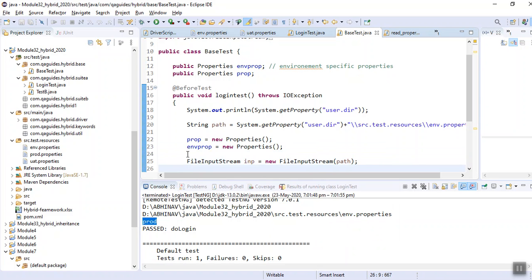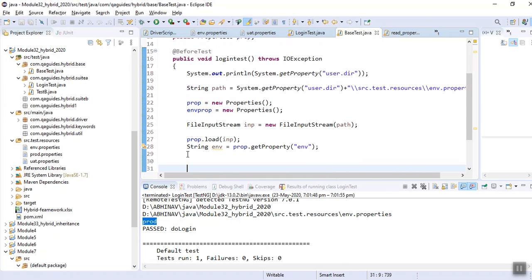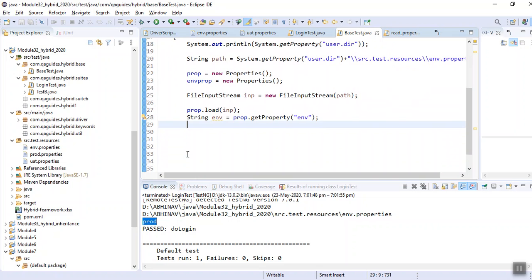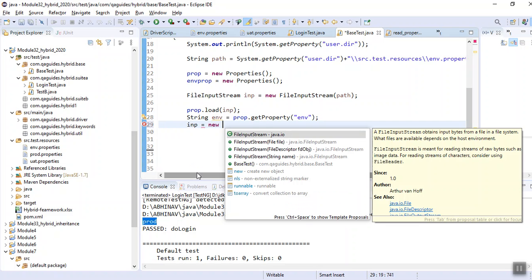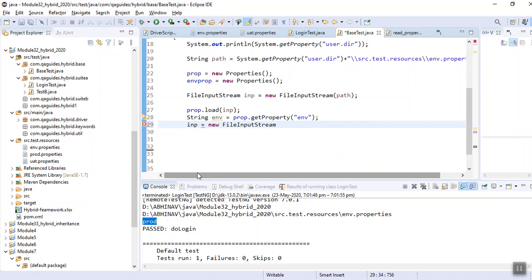Now we need to give the path of this environment file. Now we will be using our environment file. Which file am I going to use? I am going to use my production.properties. So I will be giving the input as a new FileInputStream. Okay, now I can use this only.